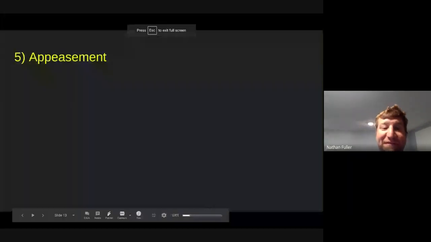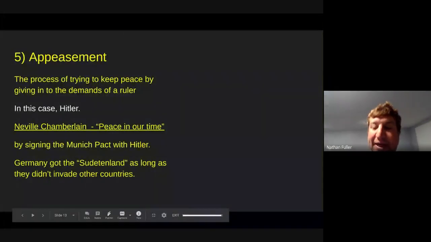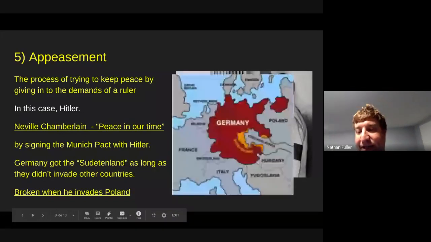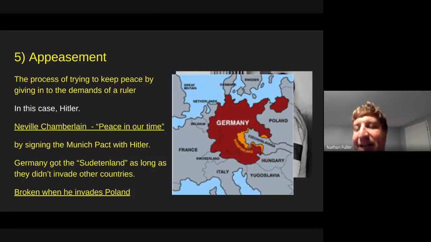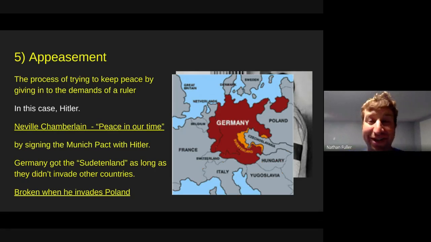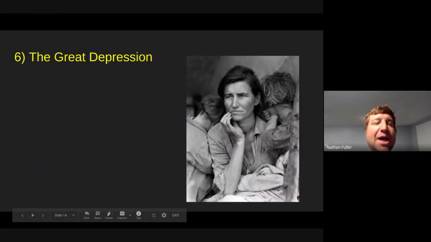He broke the Munich Pact, and that's when World War II officially starts. If you see there, that orange territory is the Sudetenland. There were German-speaking people there, but Hitler wants more. He goes into Poland, and Poland actually fought off fairly well, but Hitler's military was just too big, too strong. Basically, he invades Poland first because Poland was relatively weak, so Hitler was a giant. A lot of words would have worked there, but the word I was looking for was bully, okay?